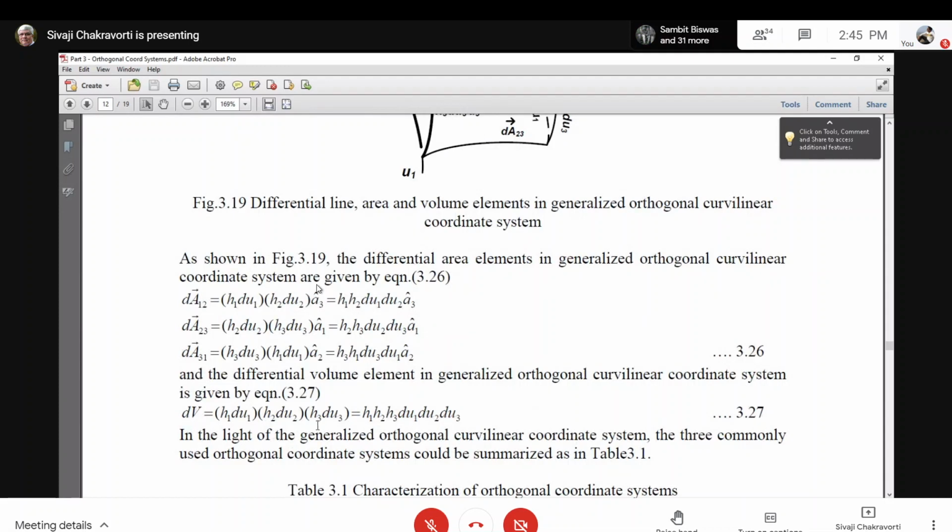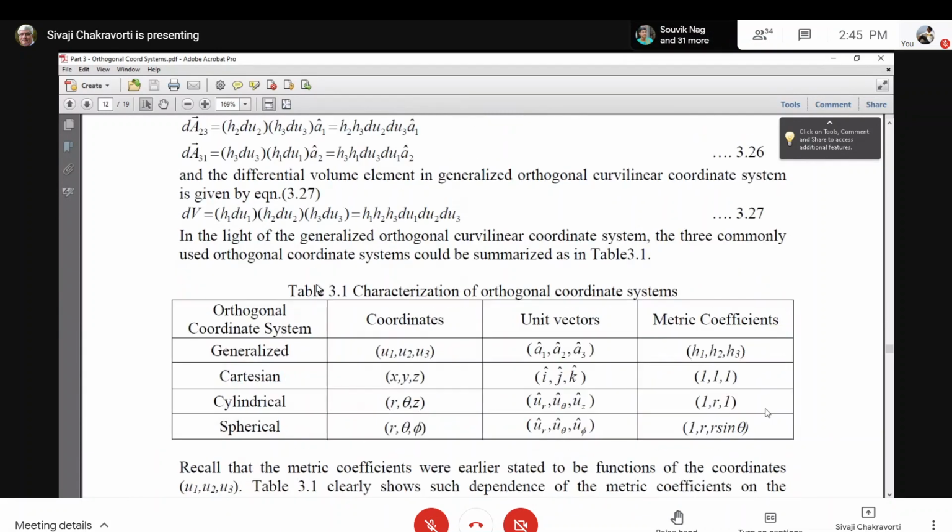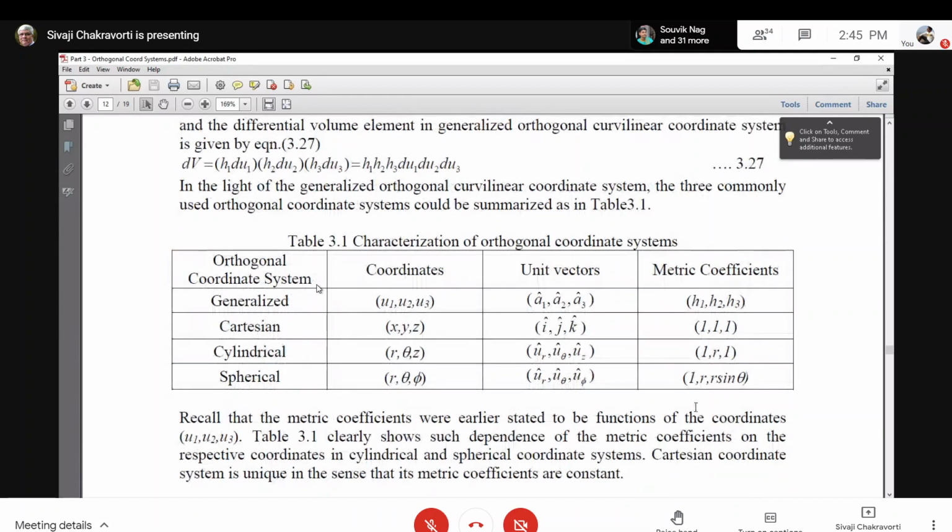Volume is much simpler. It is simply dl1 into dl2 into dl3. So here you can see, this is that one. So dl1 into dl2 into dl3, equation 3.27. Now let us write a table where the columns are,